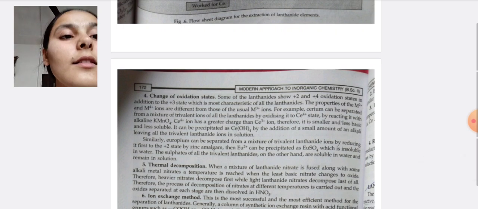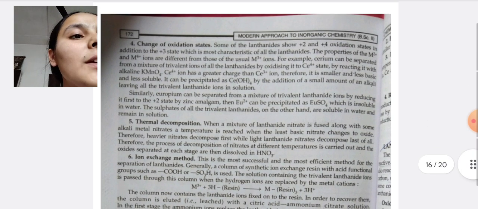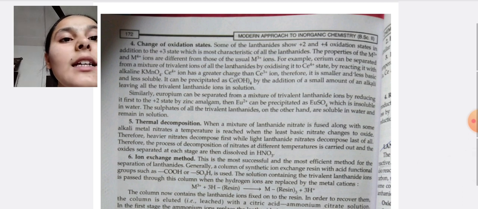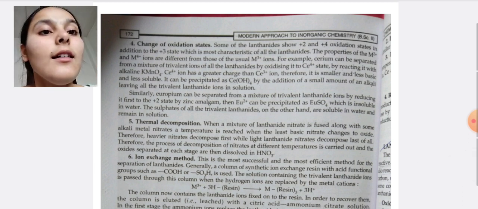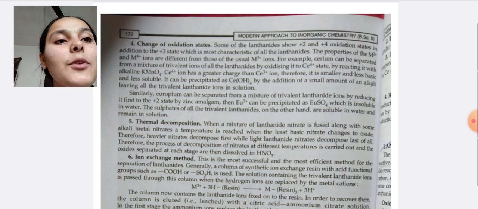Next point is change of oxidation states. Some of the lanthanides show +2 and +4 oxidation states in addition to the +3 state, which is most characteristic of all the lanthanides. The properties of the M2+ and M4+ ions are different from those of the usual M3+ ions. For example, the